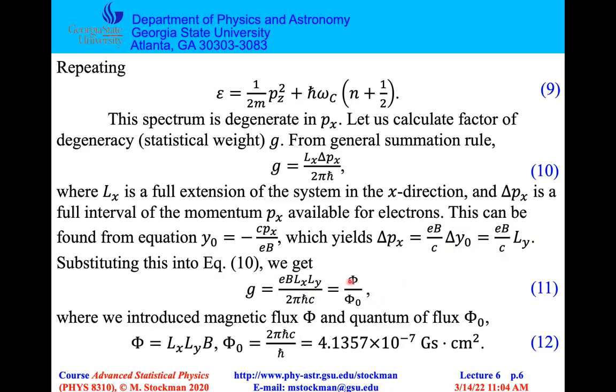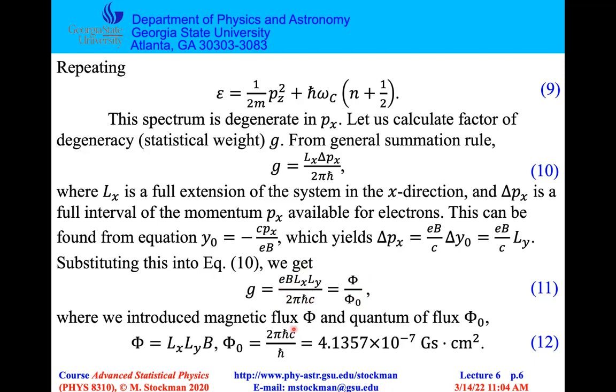I can write it differently, though we will need actually this form of the expression. I notice that B multiplied by Lx Ly is the product of the field in z direction by the area of the system in the xy plane. It is the flux of the magnetic field through the xy cross section of the system, this phi. Whatever is left is some magnetic flux in the denominator. It is easy to see what this magnetic flux is. It's 2 pi hc